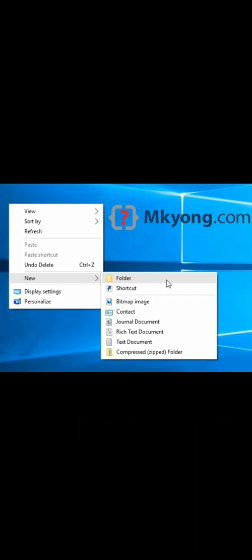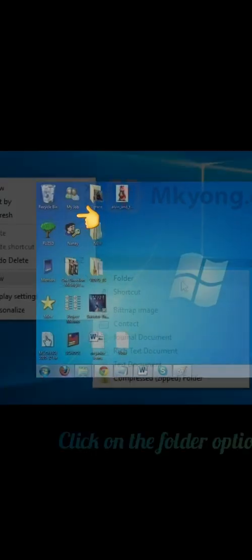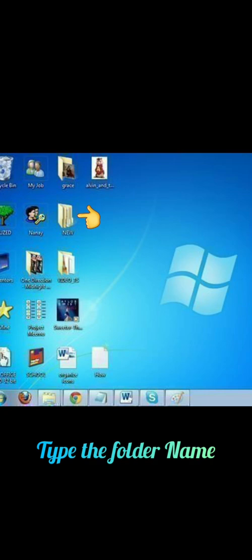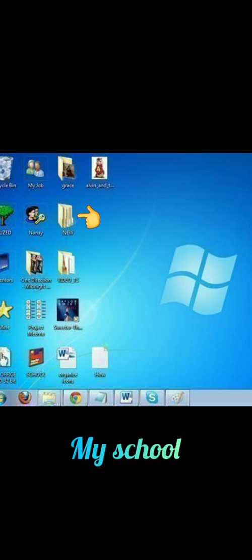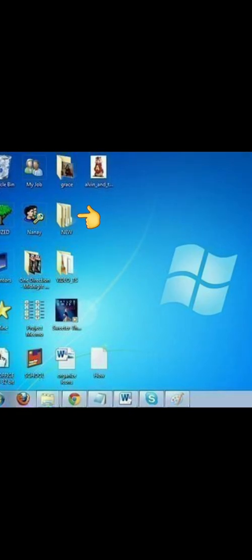Third, a sub-menu appears. Click on the Folder option. A new folder icon gets created on the desktop. Then fourth, type the folder name. For example, my school. And fifth, press the Enter key. A folder called my school gets created on the desktop.